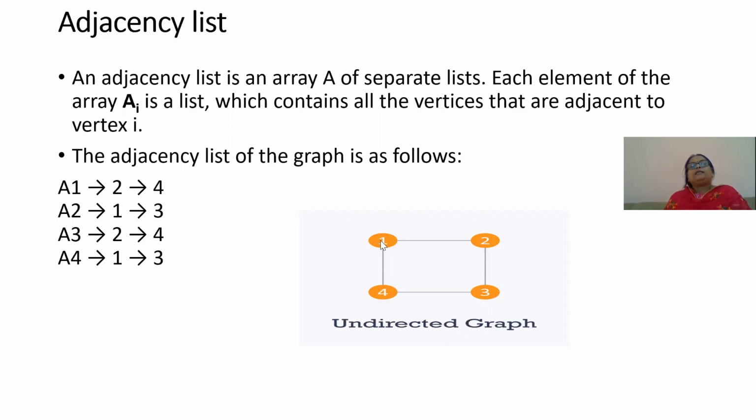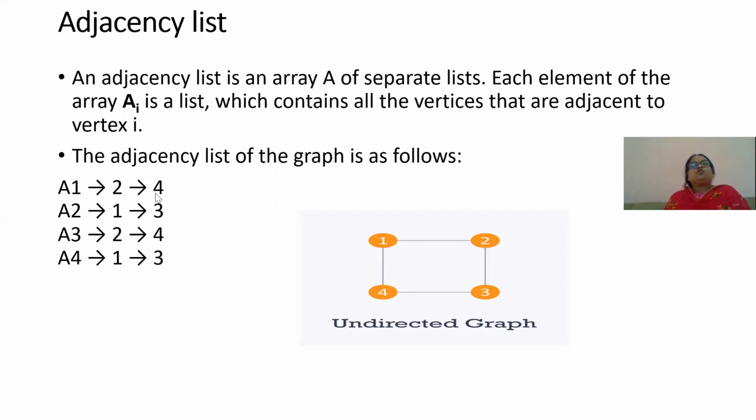What is an adjacent node? If there is a direct edge between nodes, that is adjacent. 2 and 4 have a direct edge from 1, so the adjacent of 1 are 4 and 2. And array A1